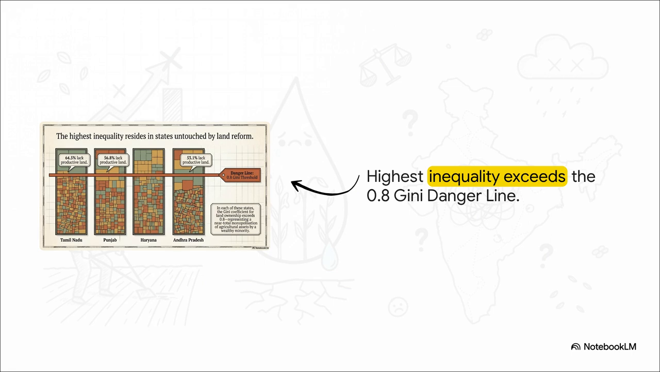Now, when you look at those unreformed breadbaskets, we're talking states like Tamil Nadu, Punjab, Haryana, and Andhra Pradesh. The inequality is so severe it actually crosses the 0.8 Gini danger line. In Tamil Nadu alone, a staggering 64.5% lack productive land. This represents a near total monopolization of agricultural assets by a wealthy minority in states that were completely untouched by